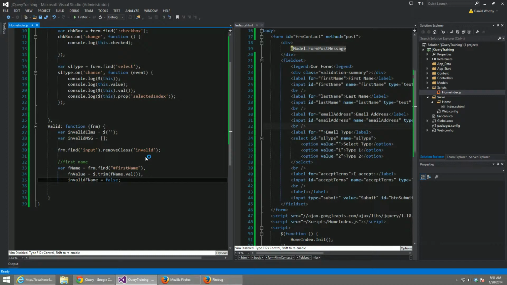So we're going to go through each one of these form elements with a similar pattern. I'm going to end up just copying and pasting over a lot of them so you can see, we don't have the redundancy inside the video. So we want to require our first name, but we also don't want to have more than 255 characters inside of the first name. And so first we'll check to see if it's empty. If fname value equals